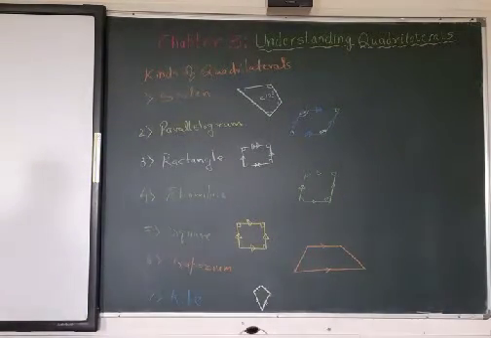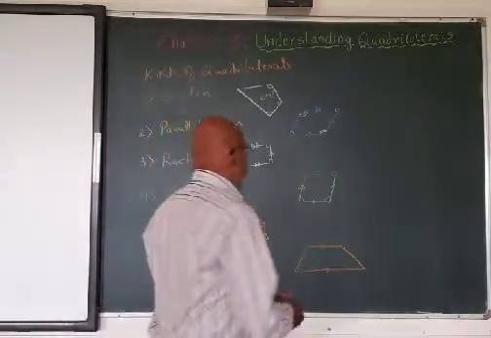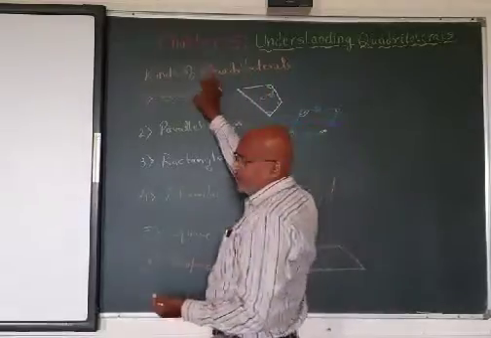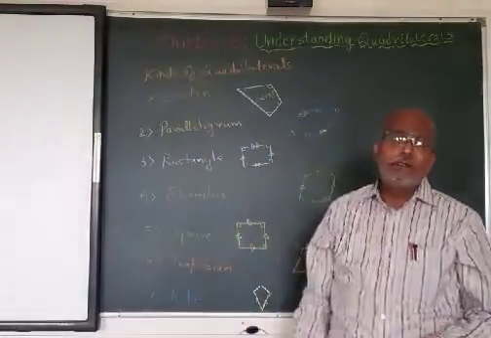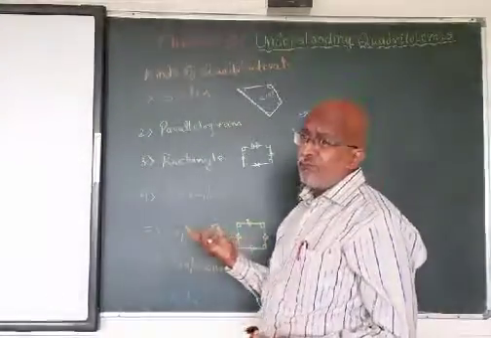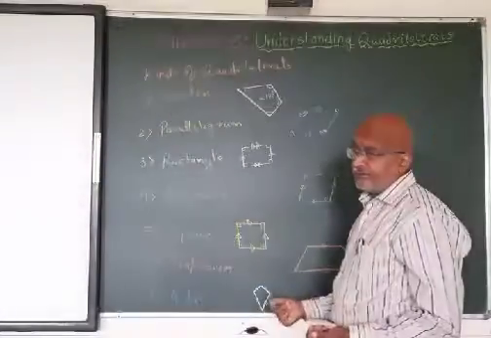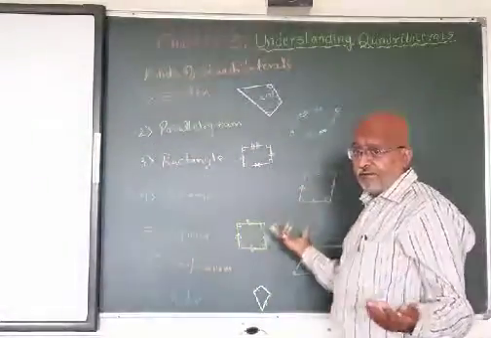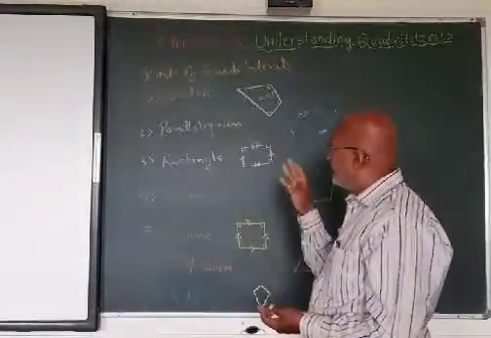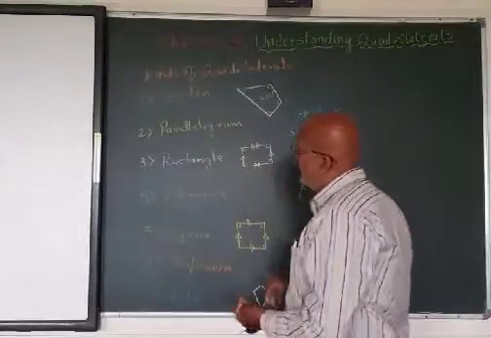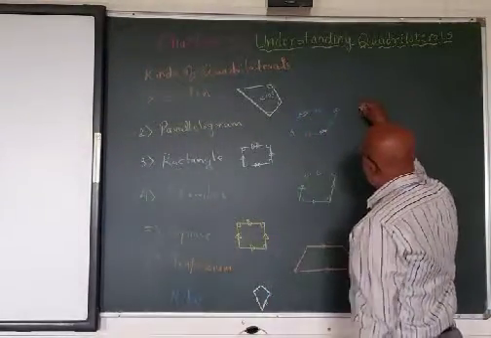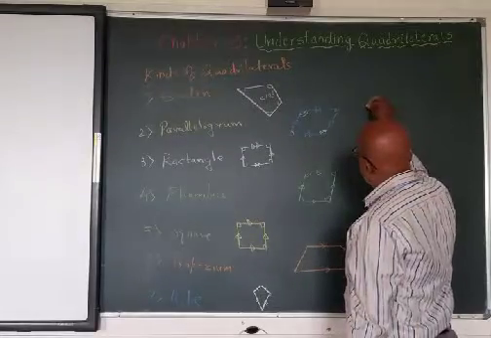Now these are the basic types of quadrilaterals. Scalene doesn't have any special property. It can be anything. The opposite sides may be parallel, maybe one pair may be parallel, then it becomes a trapezium. Or it may be non-parallel, non-equal, anything. So there is no fixed property. The property of a parallelogram is important: opposite sides are equal and parallel.